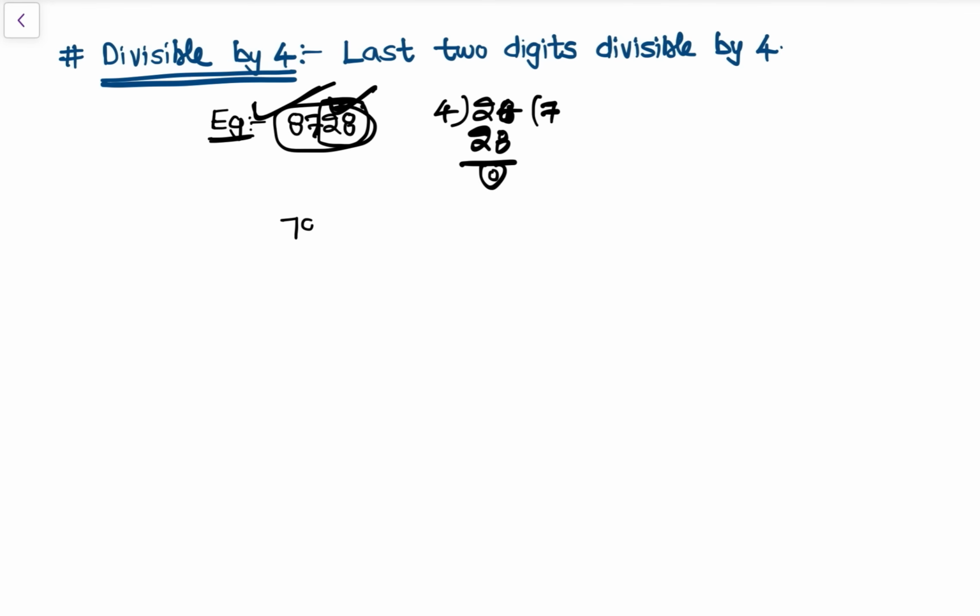Let's take another example. 7961. Whether it is divisible by 4 or not. See, the last two digits are 61. 4 1s are 4, 4 5s are 20, remainder 1. So not divisible. This number is not divisible by 4. Simple. Divisible by 4. And then next,